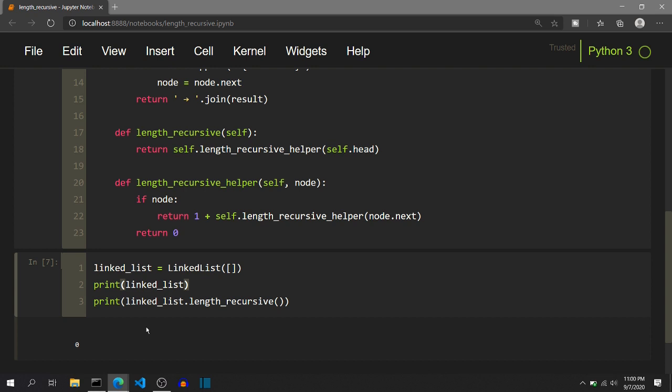The time complexity of this version is linear, that is O of n, as we have to traverse the entire list in this code. The space complexity is linear, that is O of n, for recursive code due to recursion stack space usage. Hence, use iterative code unless you are asked specifically to write recursive code in an interview.